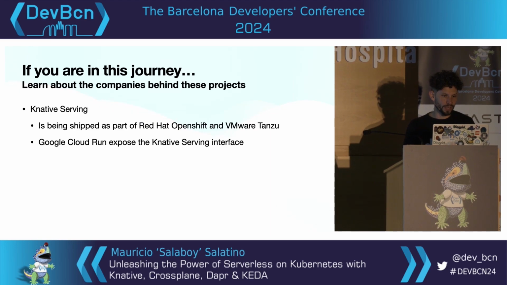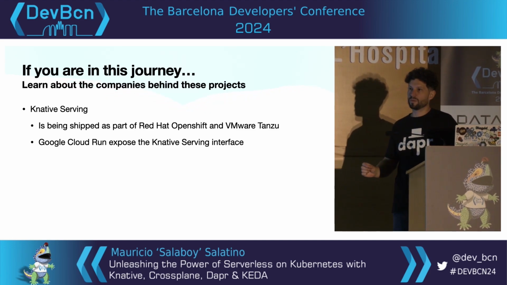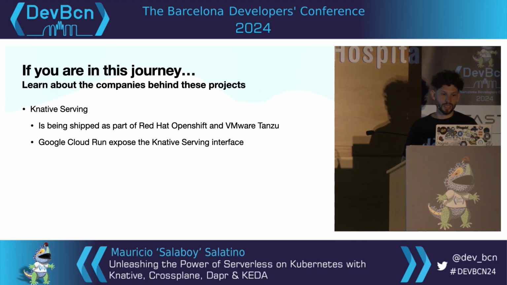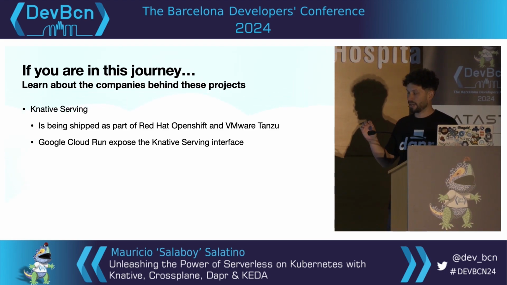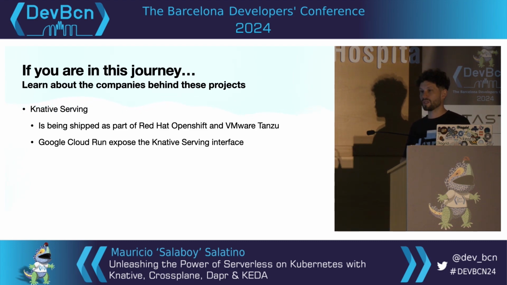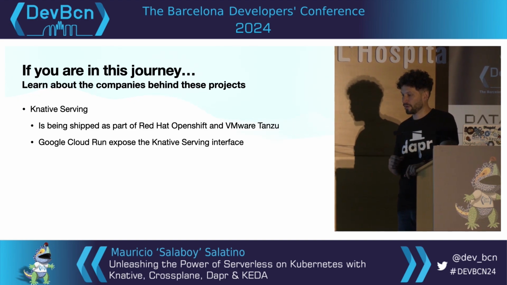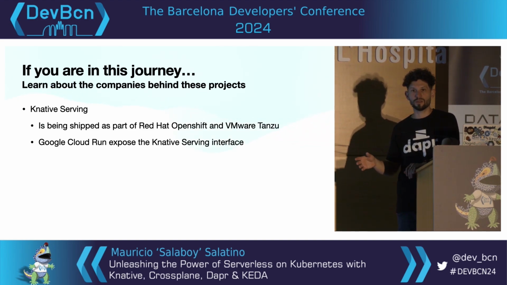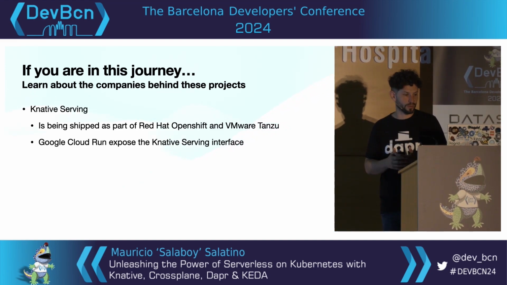I'm running out of time now, but I wanted to mention this because I think that this is super important. If you are building platforms, don't build the platforms on your own. Just go outside and check what other companies are doing. I mentioned Knative Serving here, and I needed to mention this because, again, it's a very mature project that does one thing and does it well: the auto-scaling of HTTP-based workloads. It's been adopted by companies like Red Hat in their OpenShift suite and VMware Tanzu. They both bundle Knative in there because, again, it's mature and it's being used a lot for those particular use cases.